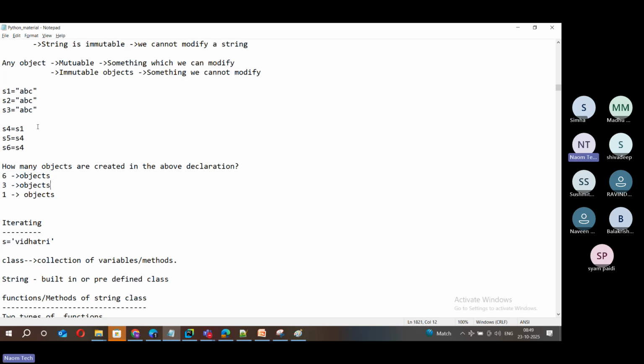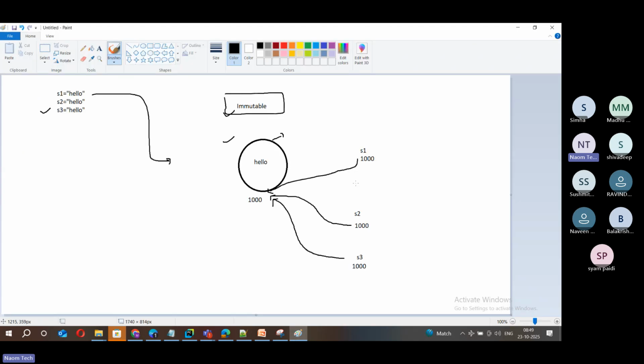So overall, for this example, if it is ABC, we just have only one object created, right? Not more than one. Not three, not six, but it will be just one. Maybe if you have any doubt, you can check IDs, then you can see there. Understood, no? So that's the overall idea of what string immutability is,